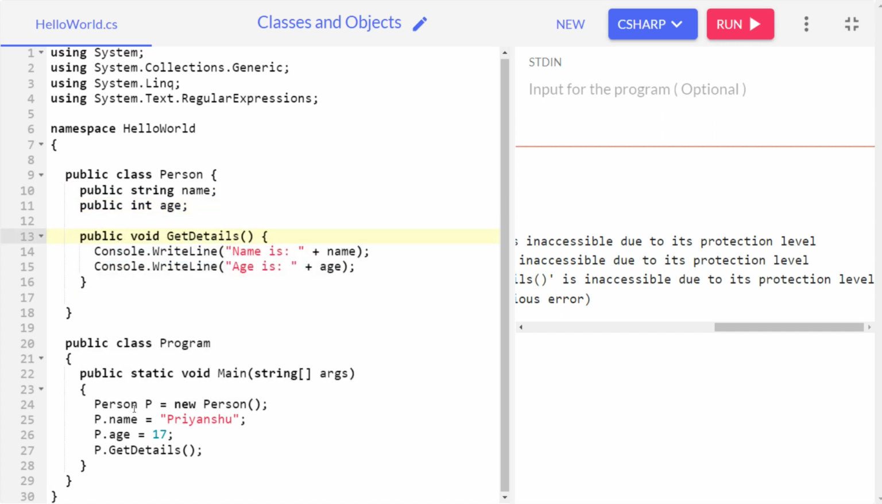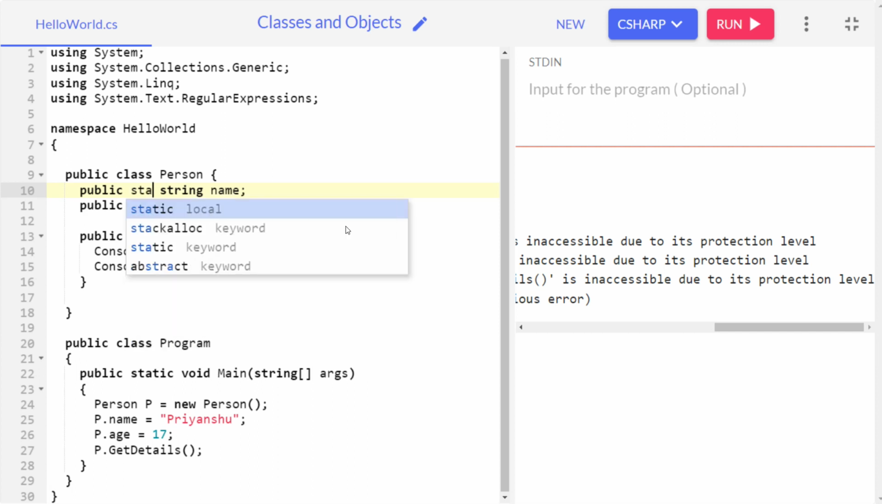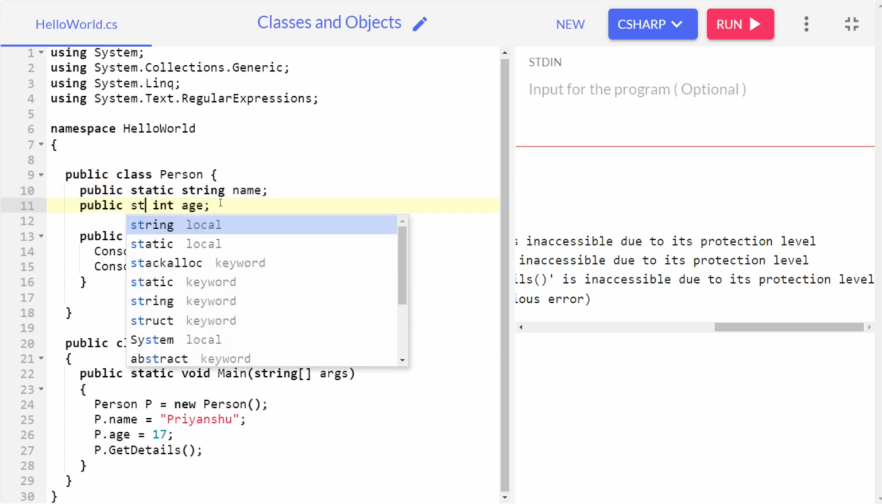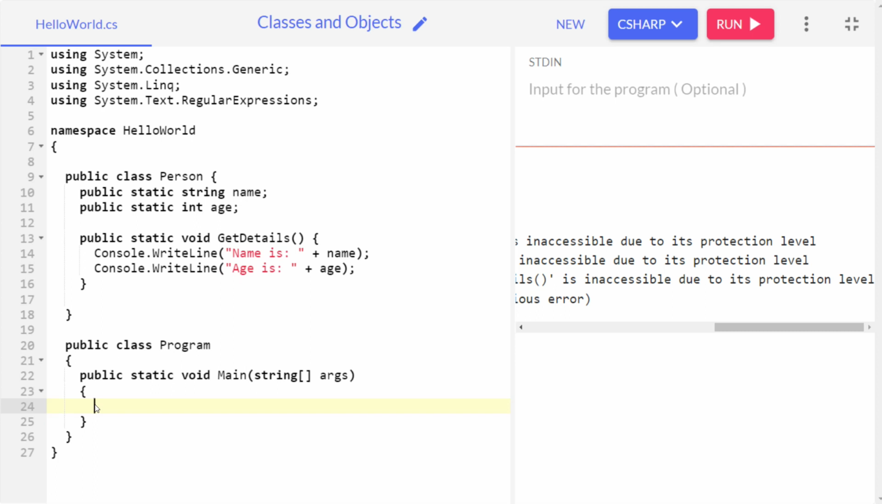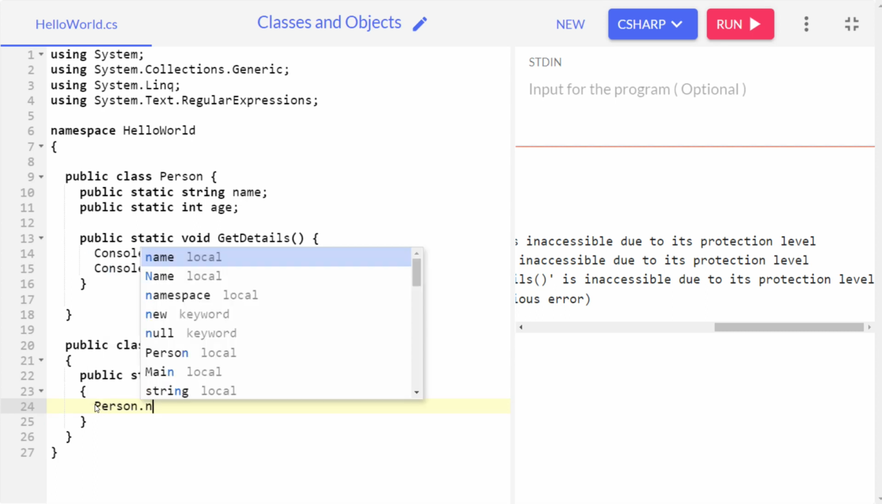So now here you can see we are creating an instance or object of the class to access these variables. Now the thing is, if we put a static keyword in front of every variable, field or method like this, static public, then again public static, and let's not create the object. Now what we can do is person dot name